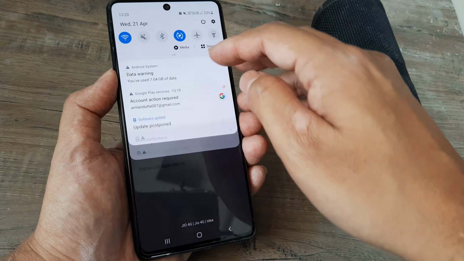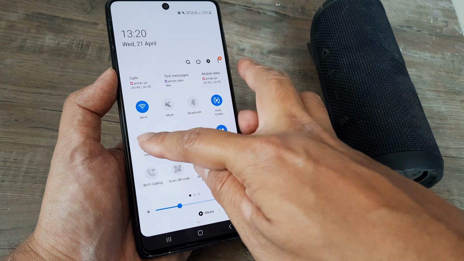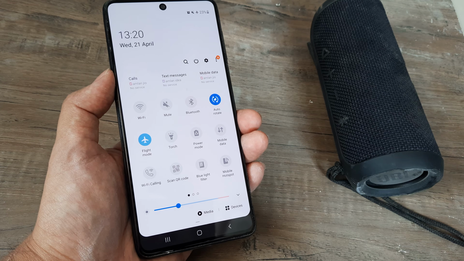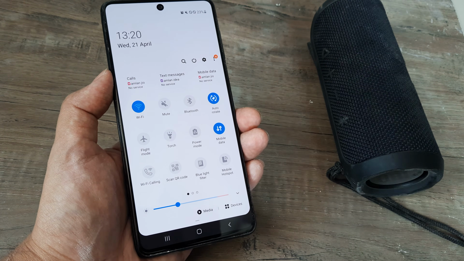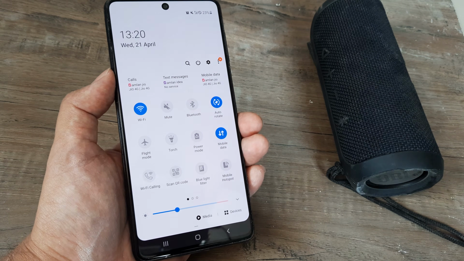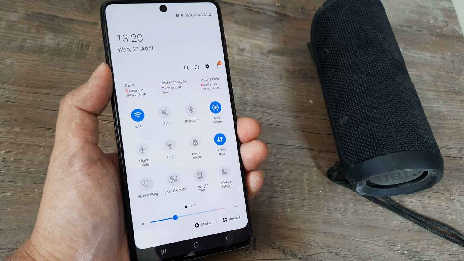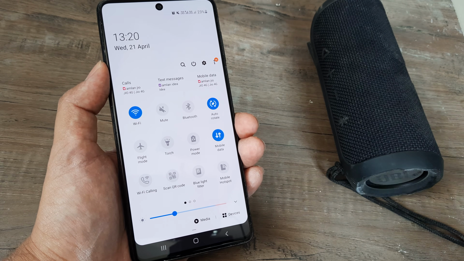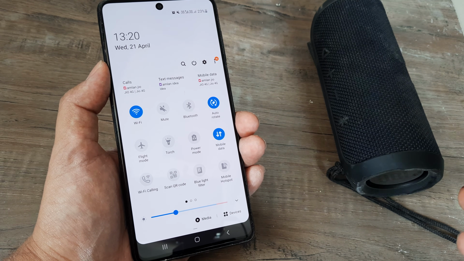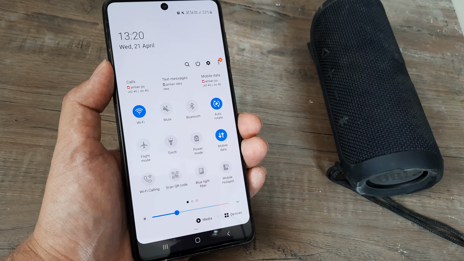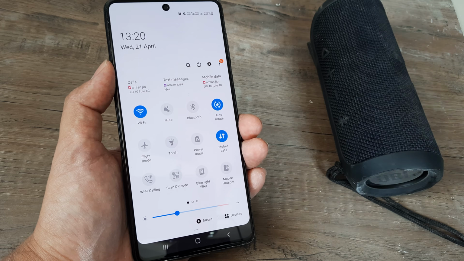Many people have also said that simply turning on the flight mode, which will stop all the cellular connections, and then waiting for 5-6 seconds and turning it off, sometimes this may also help and it may get you back your network and every other thing. So rebooting the phone, turning on the flight mode and then turning it off, and also setting your networks manually, these are some of the most common methods.